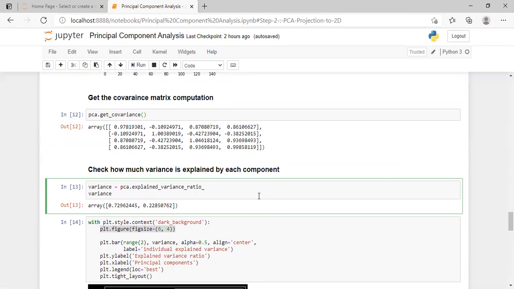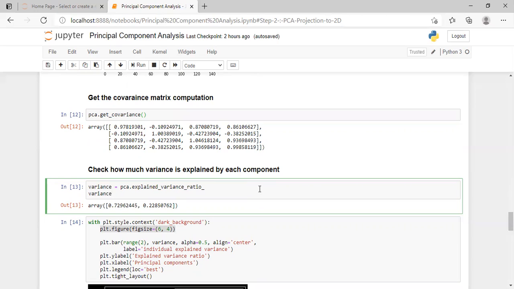So I hope Ms. Ramin has also explained what the meaning of variation is. The meaning of variation in our data is the statistical significance of our data. So if I say that 80% of variation is stored in principal component 1, this means that 80% of the significance, or 80% of the power of our data, is stored in principal component 1.